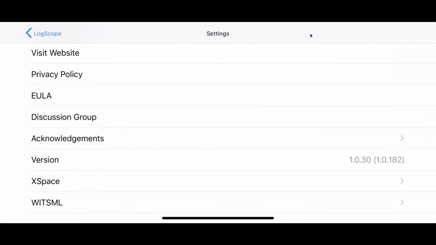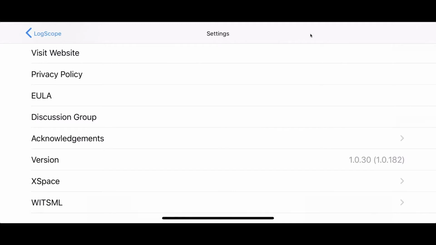LogScope on the iPhone, the iPad, and Windows allows you to poll a WITSML server and pull data down in real time. So if you have a well drilling, you can actually see that information at any time. The WITSML servers that LogScope is capable of using is the Baker WITSML server, Petrolink, Schlumberger's Interact, any Kongsberg server, and Wellcom, and any other WITSML server that is compliant with the latest WITSML standard. We can